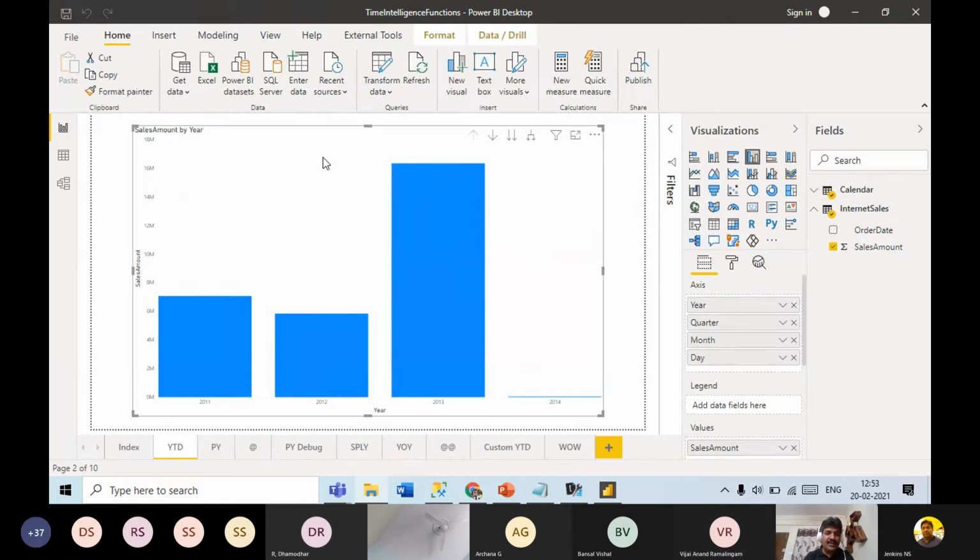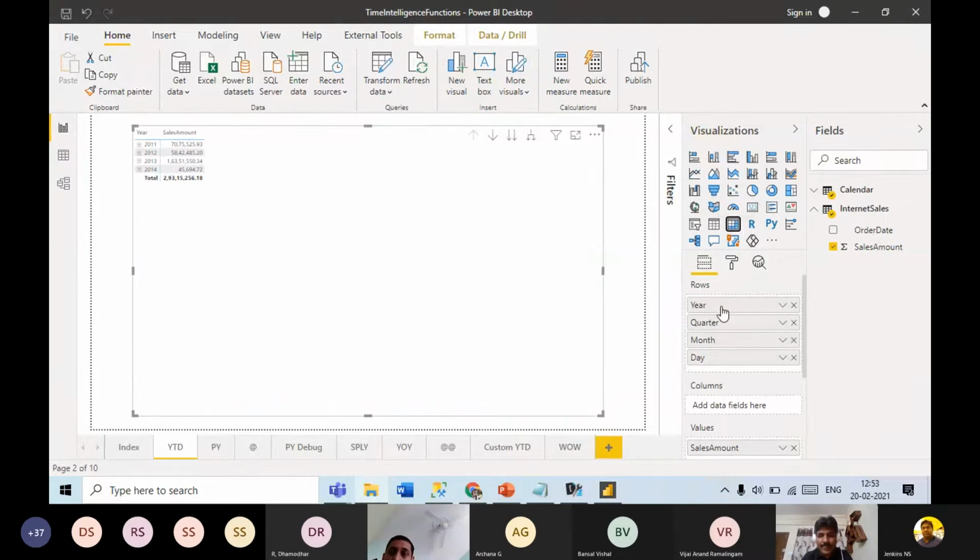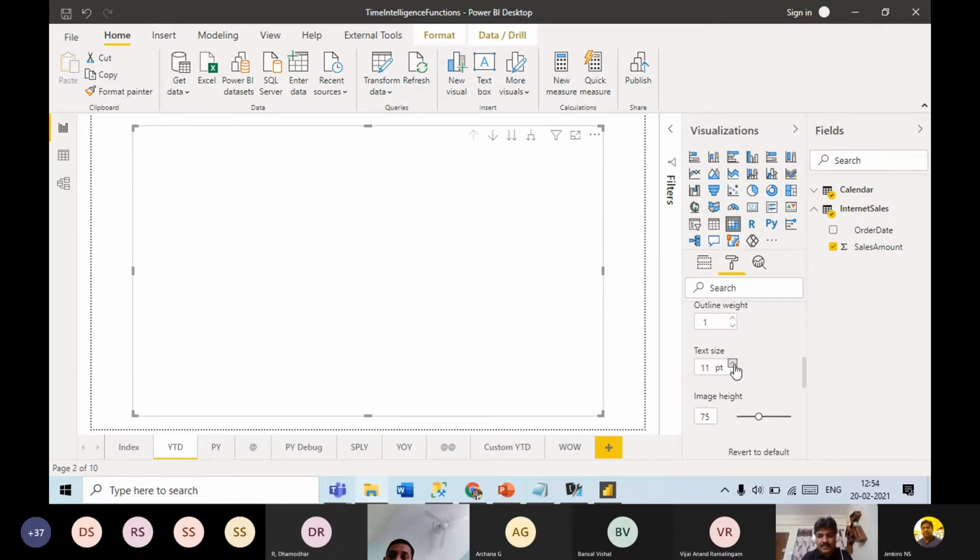Now I want to do year to date analysis. For that, a better visualization for understanding will be a matrix. I'll convert it to a matrix. Let me increase the font size. Hope you can see it properly now.